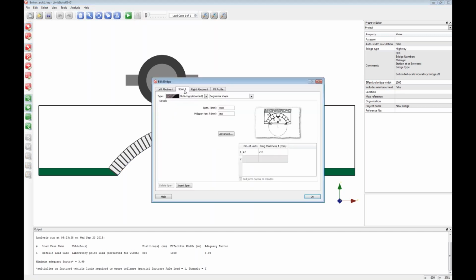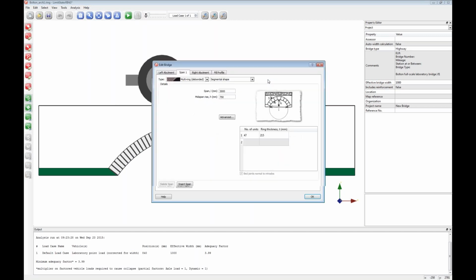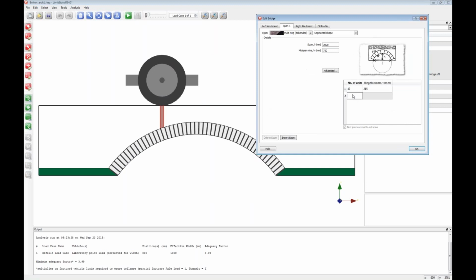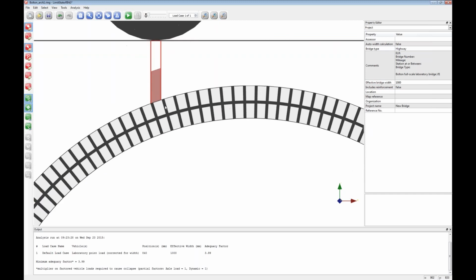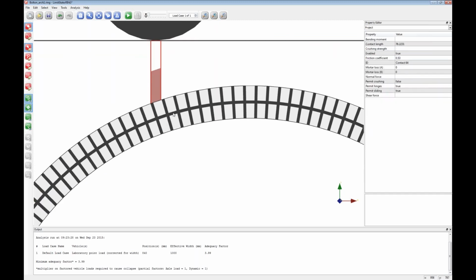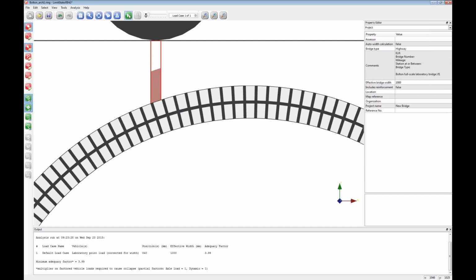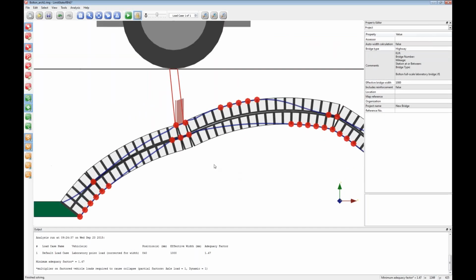change the geometry so that instead of modeling only a single ring, I can actually model this arch as 2 rings. So what I'm going to do is model 2 rings which have thicknesses that add up to the thickness of the original arch barrel. And you can see now that we've got contacts not only radially but also circumferentially as well. And if we click solve there, then you can see we've got a very significant reduction in the